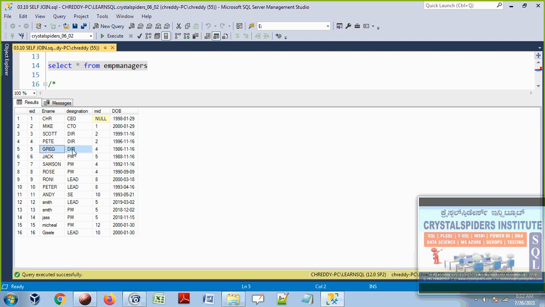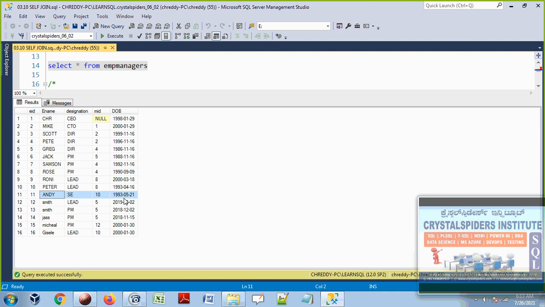Greg is also a director, and Greg is reporting to the manager PT. Similarly, Jock's manager is 5. Samson's manager is 4. Rose's manager is 4. That means Samson and Rose are reporting to PT. And Ronnie and Peter are reporting to Rose.